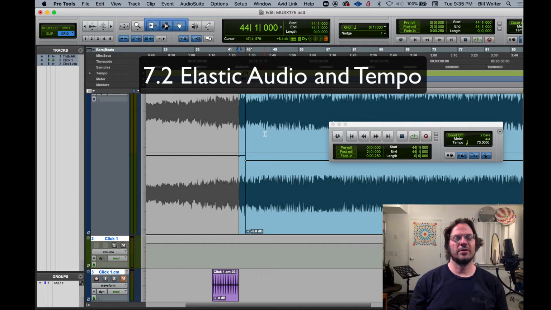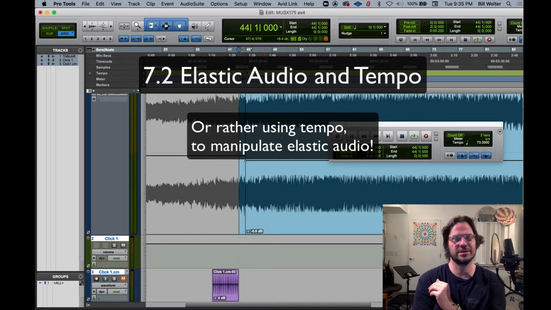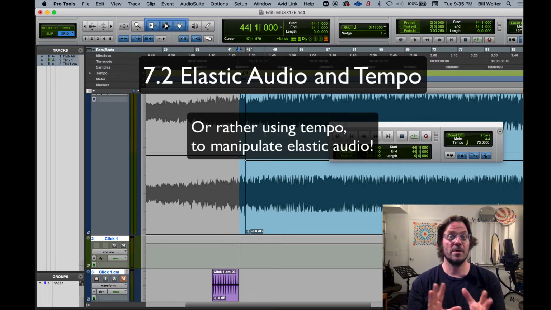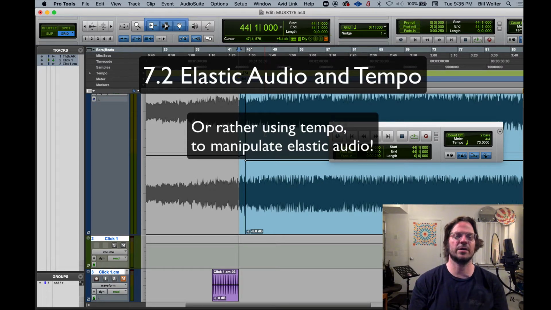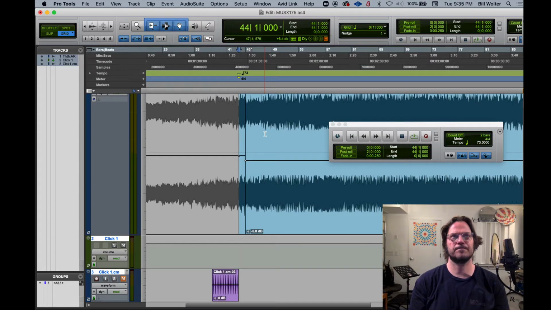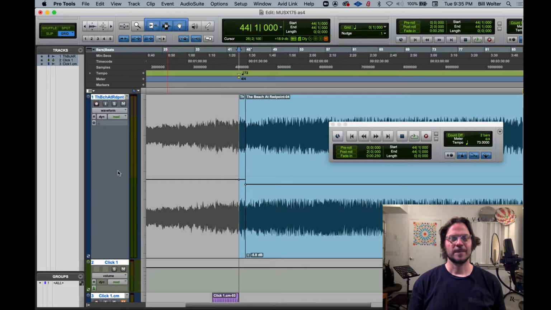I'm going to use Elastic Audio now in a different way, which is using Elastic Audio to manipulate the tempo with transients, and using a lot of tempo information to manipulate the speed of the audio. Let's get into it. So what I have here is a piece of music, and you can use any piece